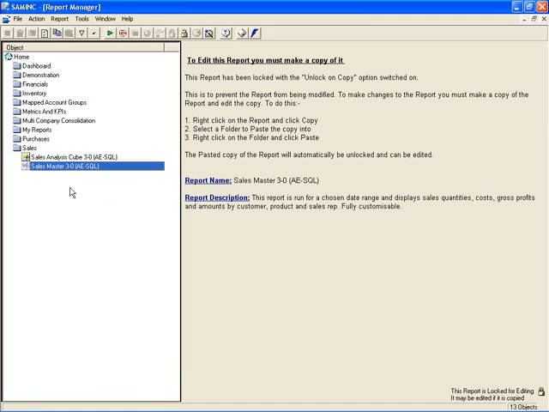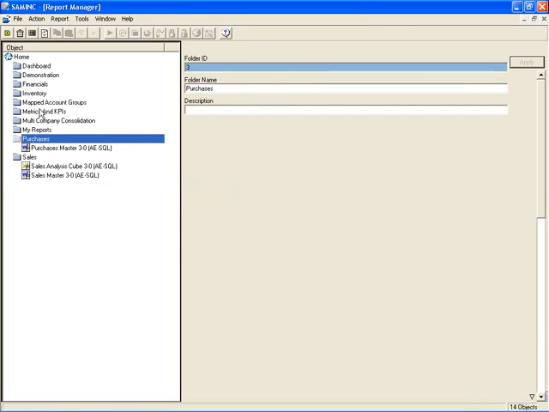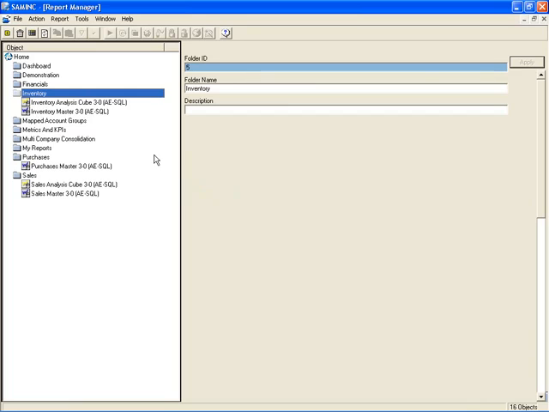But those are some of the things that you can do specifically with reports that are designed as pivot tables in Microsoft Excel. There's the Sales Master report, there's the Purchase Master report, there's the Inventory Master report, and those three reports are the key reports that are designed in pivot table format in Microsoft Excel. And that's it for editing the pivot